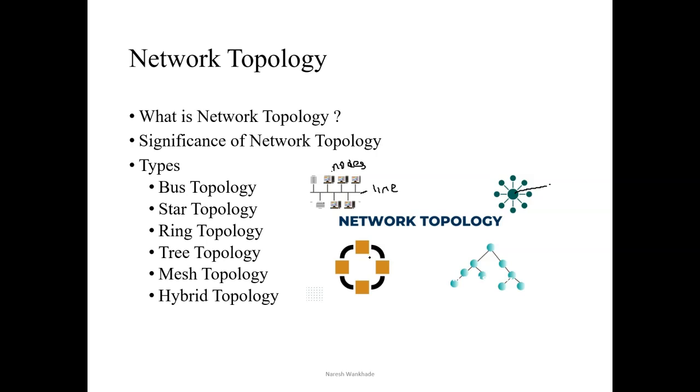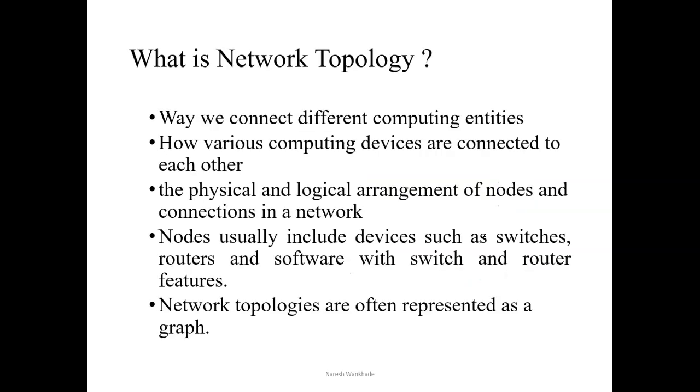Here in this diagram you can see four nodes, 1, 2, 3, 4, in a circular order. Here there is a root node and remaining nodes are there. So on the basis of these four diagrams, we can say that network topology is basically a way we connect